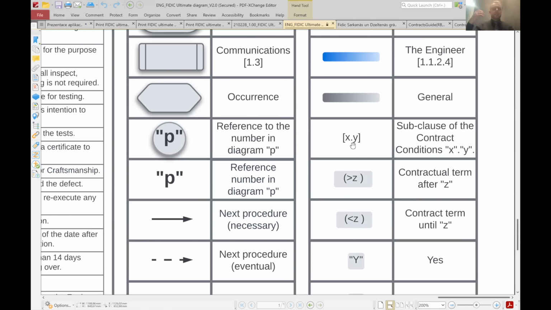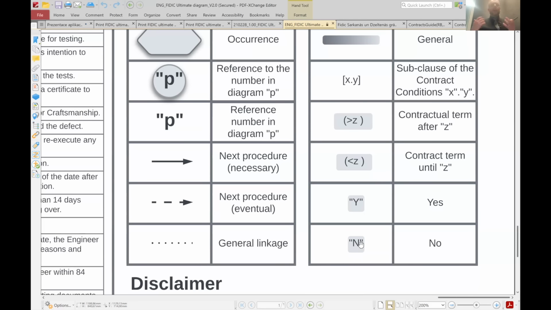There are some terms, so some deadlines. It should be less than a deadline, it should be more than a deadline, just some mathematical symbols, and the symbols yes and no. Okay, so this is the whole point of how to read the diagram. I hope that after you understand just the basic symbols, it is quite easy to read. Okay,